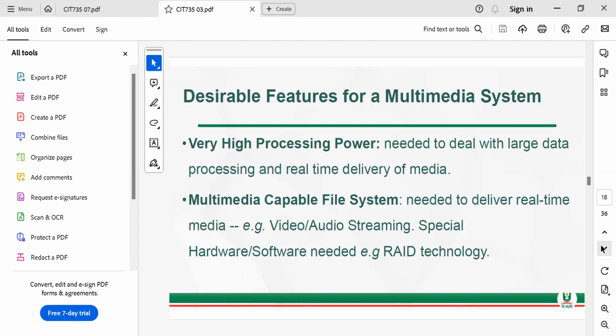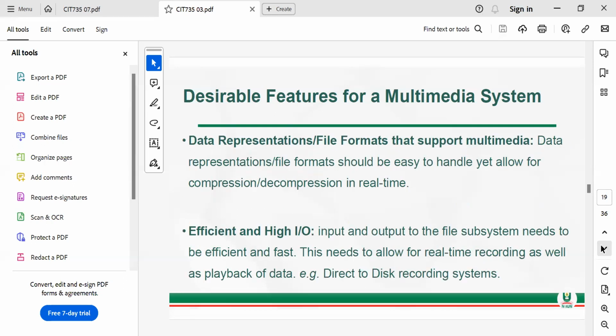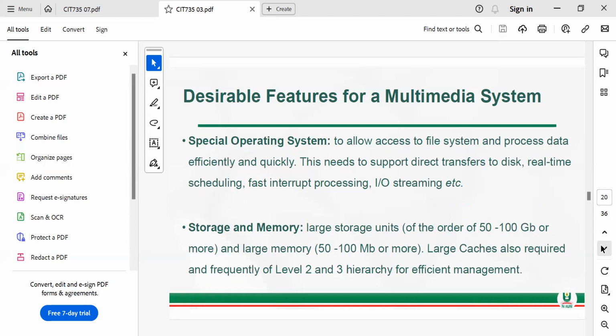Desirable features of a multimedia system. Characteristics of a multimedia system are different from desirable features. That is what you desire from a multimedia system when you are about to develop it. You now have very high processing power, multimedia capable file system, data representation file format, efficient and high input output, special operating system.